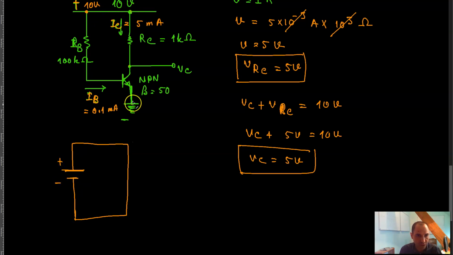So you're going from positive to negative, and somewhere over here you have the R of C, and over here you have the collector emitter junction of the transistor. I show that with a resistor,